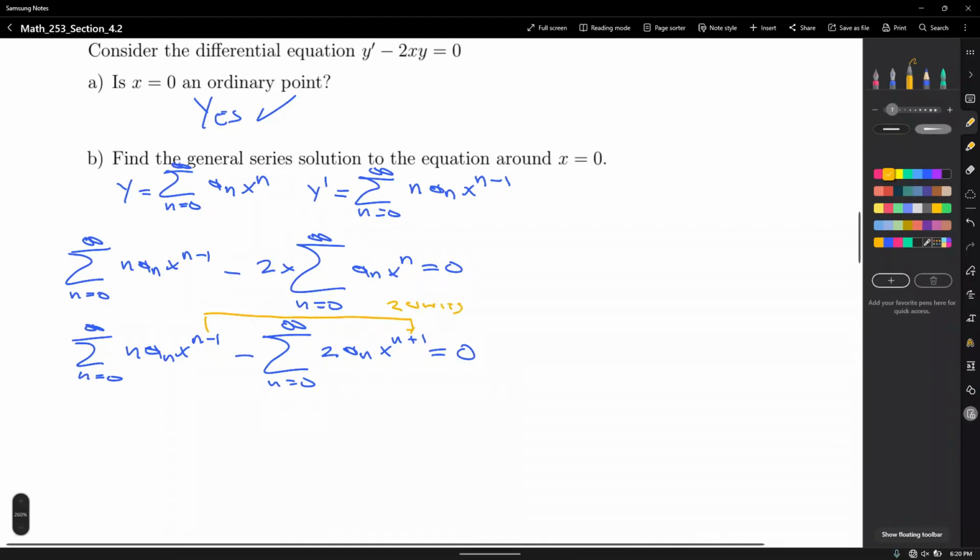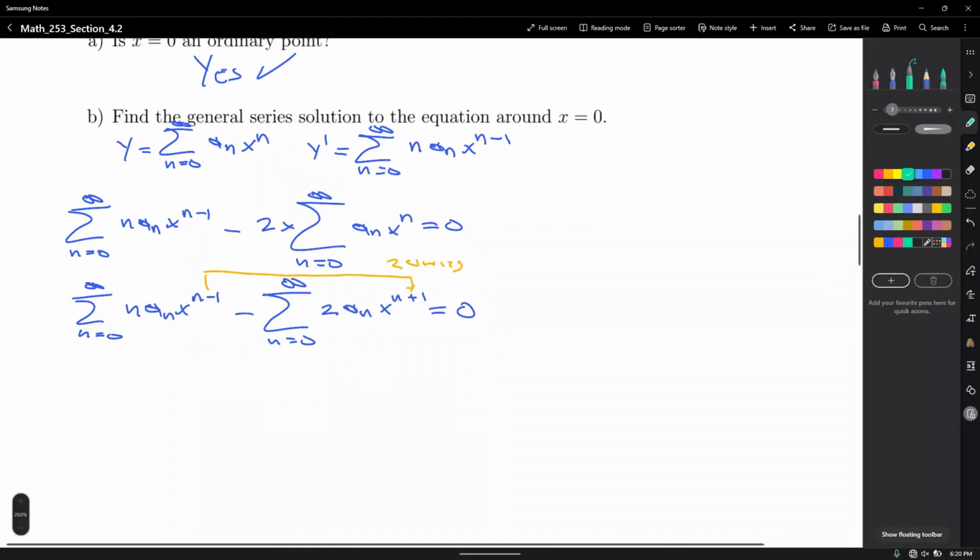Okay, the thing here is if I add 2 units, I need to subtract the 2 units from the starting index. But we can't do that, because for a power series we need the starting index to go from 0 to all positives, right? So here is where you make your wish come true. What do we do? Expand